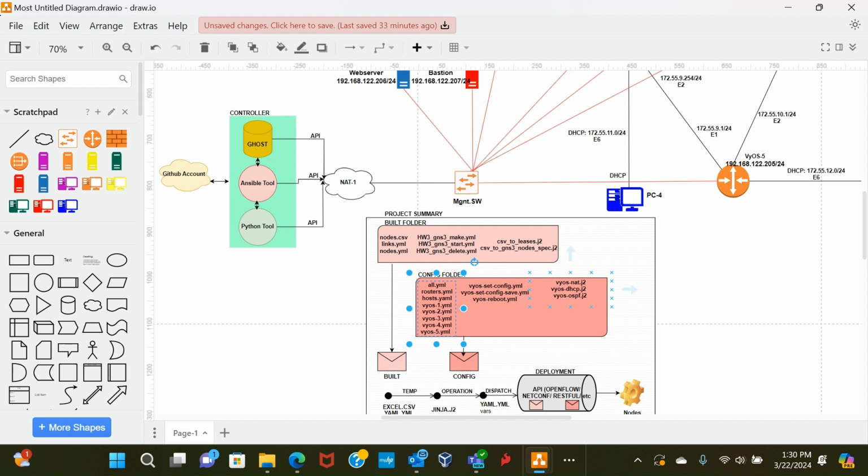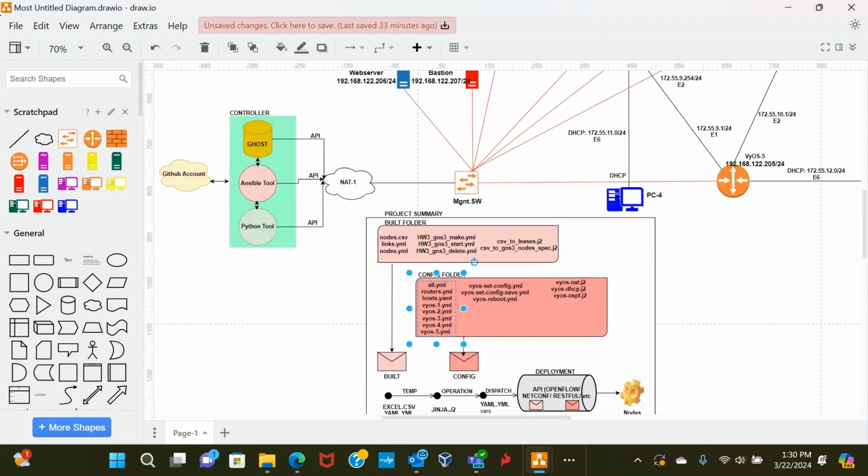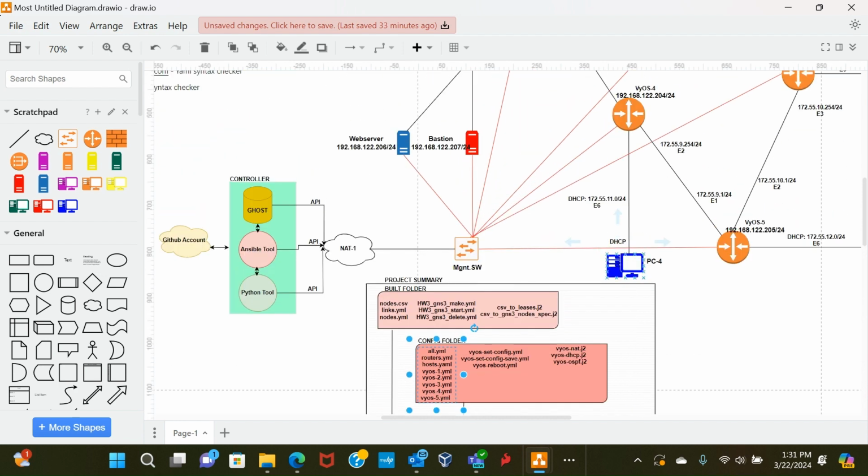And necessarily, the key protocols I'm running here are NAT. I need NAT in a way because my Ansible controller sits in a different environment, so I need NAT to be able to have reachability to the network. I have a layer 2 management switch, and of course, a layer 2 management switch, you definitely know, is using default VLAN 1. Of course, you know that in the industry, your VLAN 1 necessarily needs to be disabled for security considerations as well. And I have DHCP to relay and issue DHCP commands to the various interfaces.